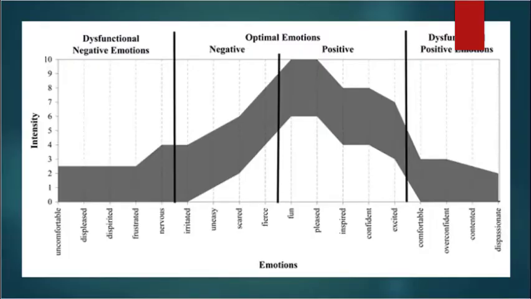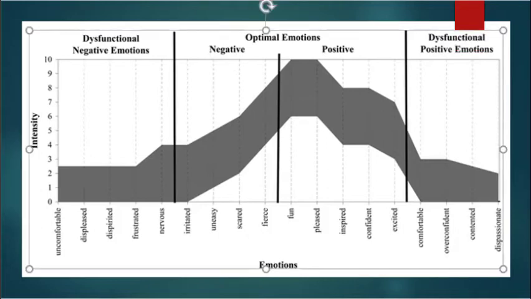For instance, take a look at this IZOF chart. Now, this is of a hypothetical individual, but notice that there are 3 distinct parts to this graph. There's the dysfunctional negative emotions, there are the optimal emotions that have both a negative and a positive viewpoint, and then there's the dysfunctional positive emotions. And as you take a look at the emotions down at the bottom part of the graph, you'll see things